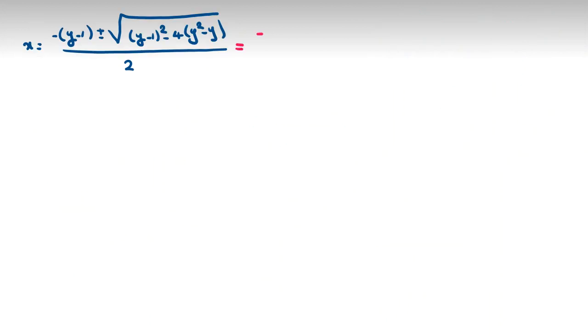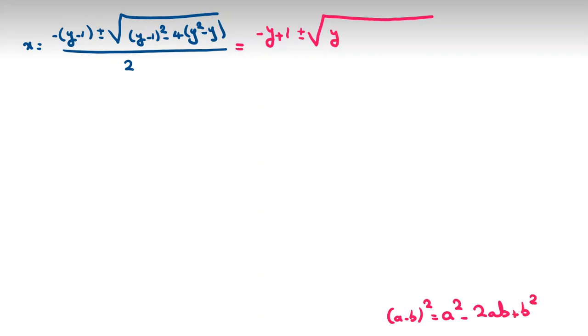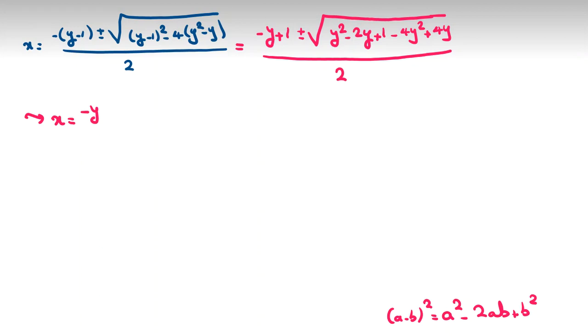We can say it is negative y plus 1 plus or minus... Here I want to calculate (y minus 1) squared. From the identity (a minus b) squared equals a squared minus 2ab plus b squared, (y minus 1) squared is y squared minus 2y plus 1, minus 4y squared plus 4y, all over 2. So we conclude x equals negative y plus 1 plus or minus the square root of negative 3y squared plus 2y plus 1,